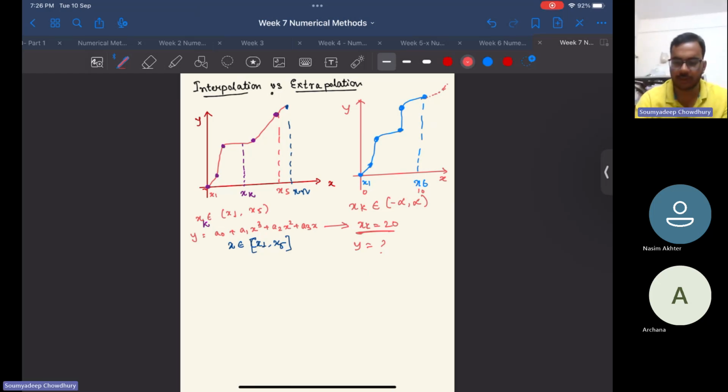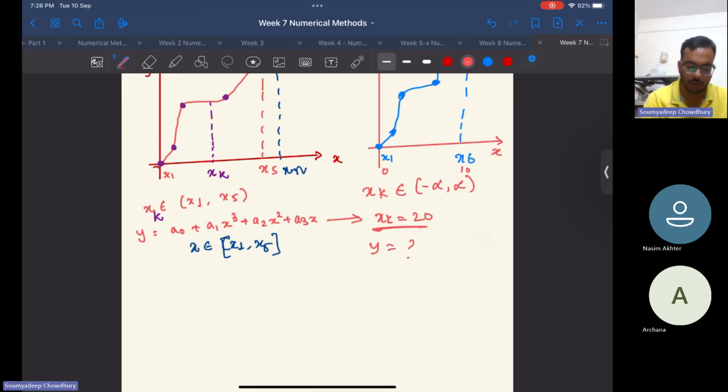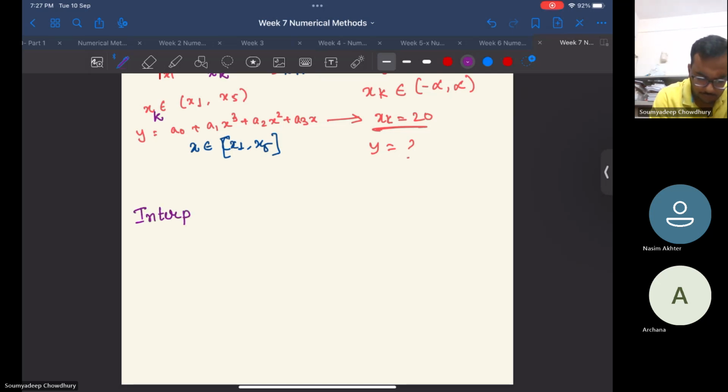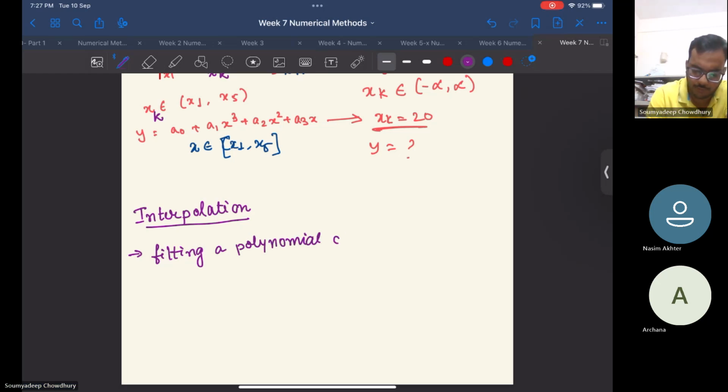So now in this course, we will be looking only into interpolation. We will not be looking into extrapolation. So we'll see the different interpolation techniques. So interpolation is nothing but fitting a curve or fitting a polynomial of degree